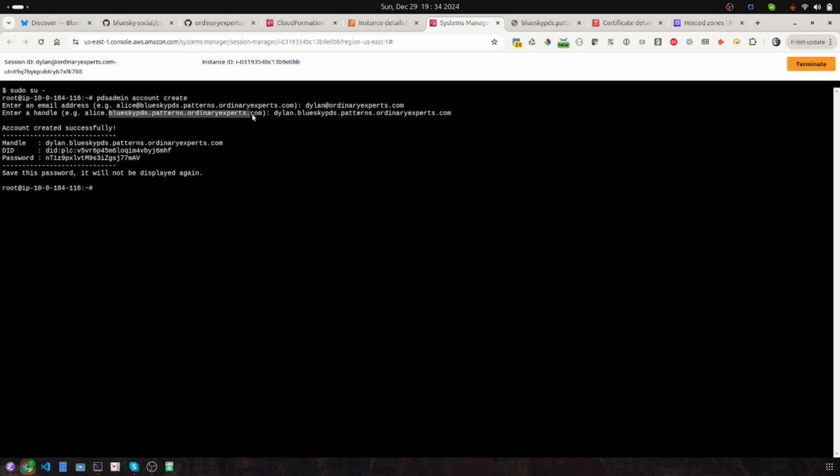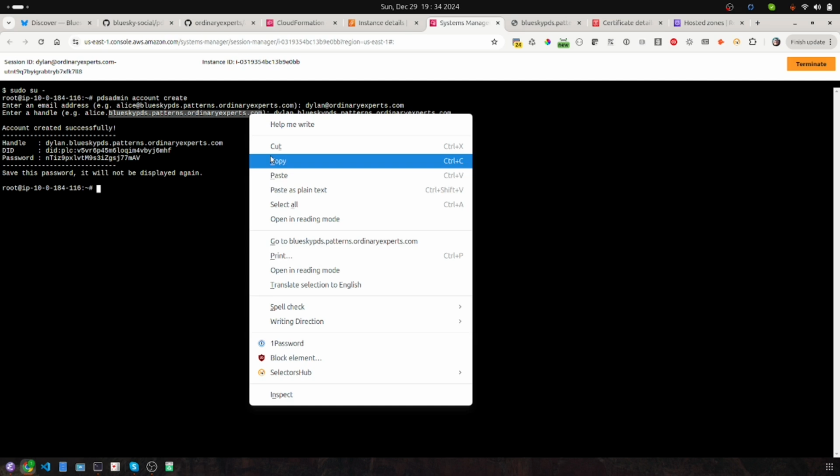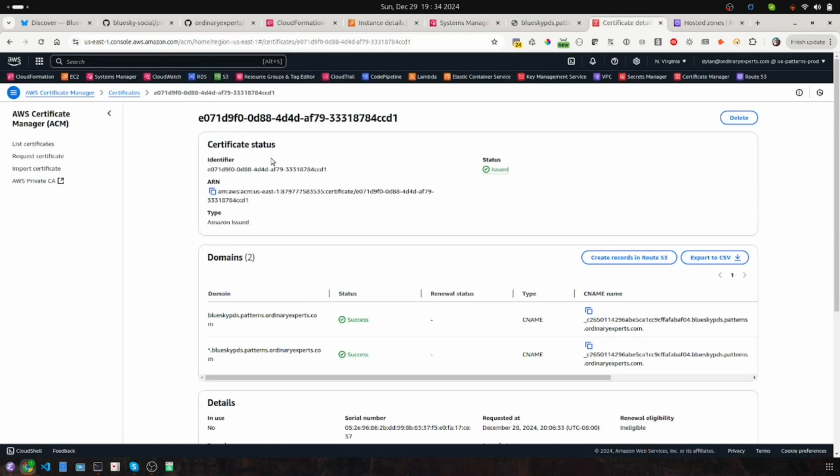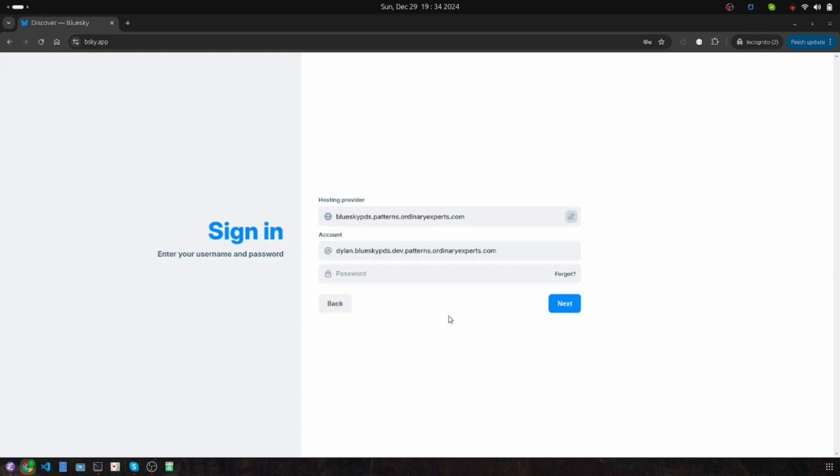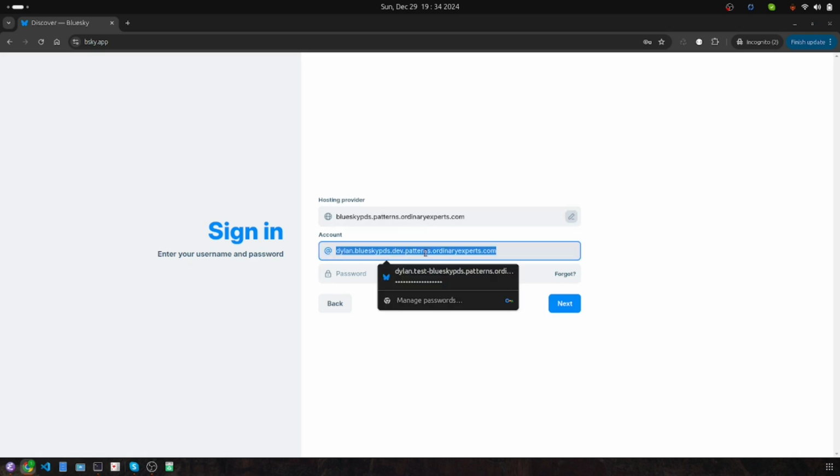So I'll just copy that and put that in here. When you configure this, you're basically telling Bluesky to save all of your data and do your authentication at this server. Okay, so let me put in the handle that I created,